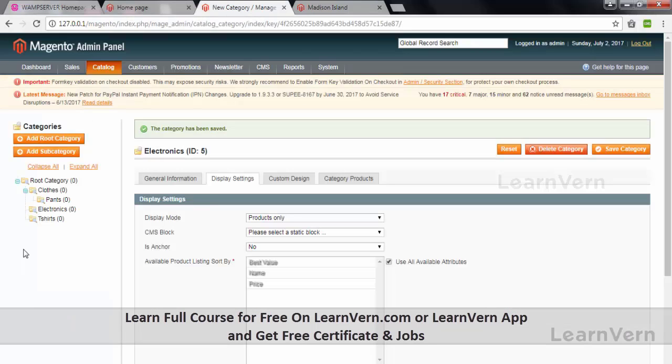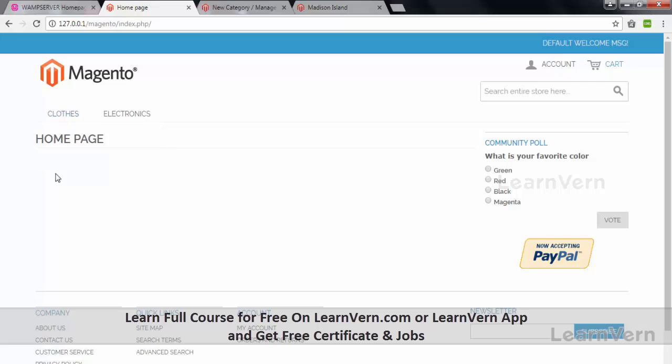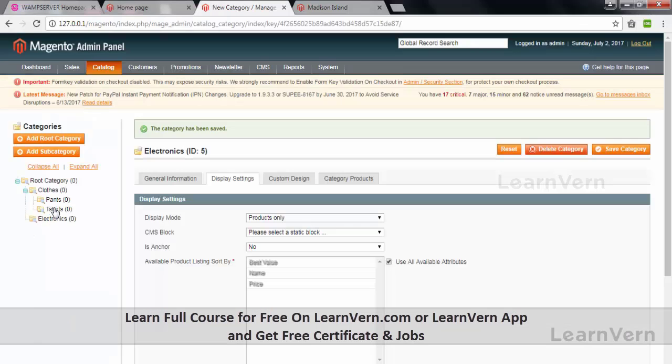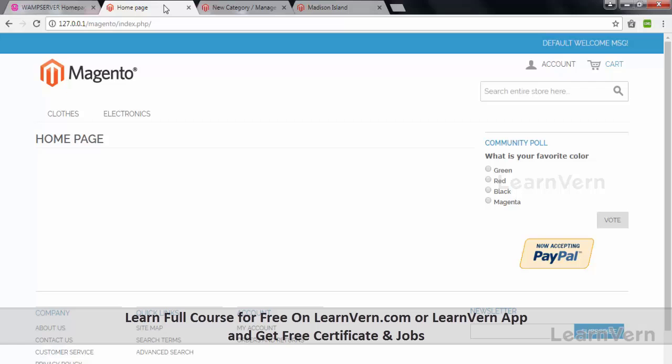Now I want to add it again as a subcategory of clothes. So just drag it and move it under clothes, and t-shirts is again back. Now I want to rearrange the categories. I want t-shirt to be listed first and pants should be listed after that. So just drag and drop. Refresh the page